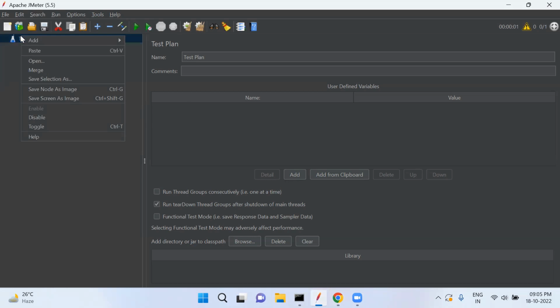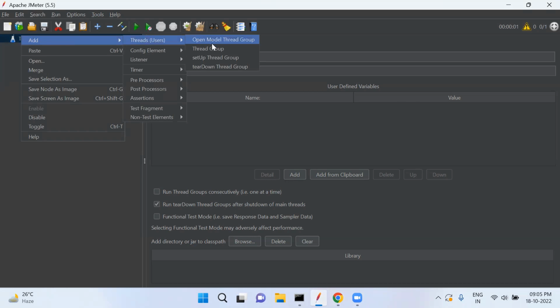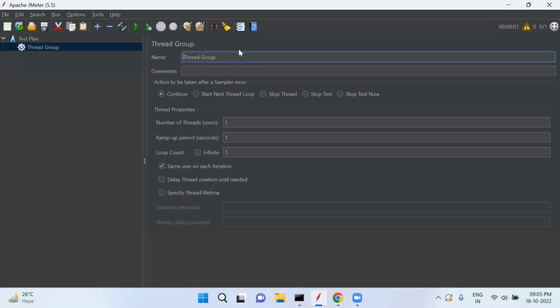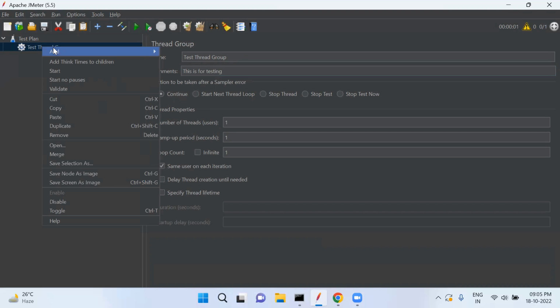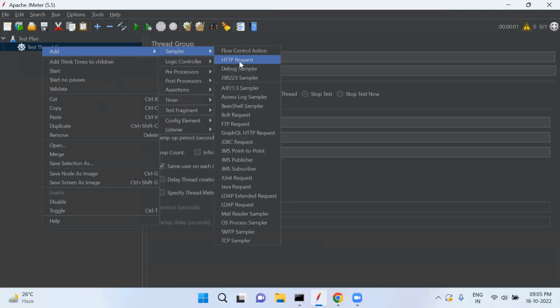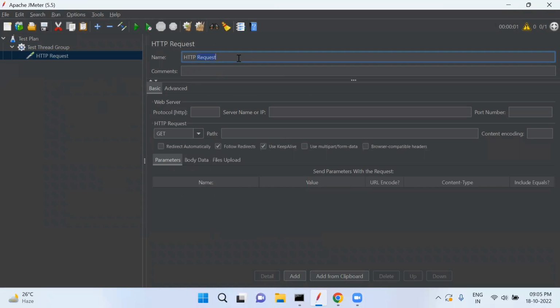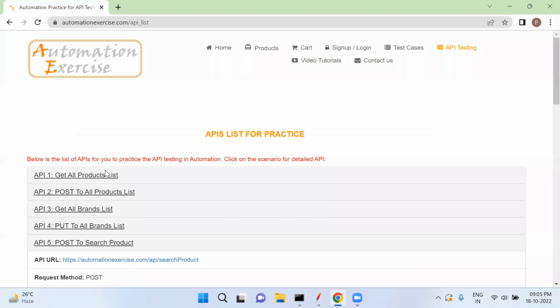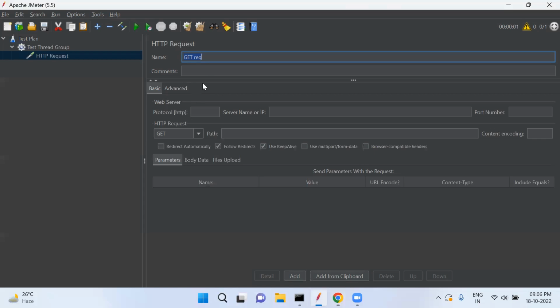For that, let's create a thread group in the test plan. You can give any name, this is just for testing purposes. Now let's create one sampler, that is HTTP request, and we are going to send a GET request to this get all products list API. So we will write get products list,